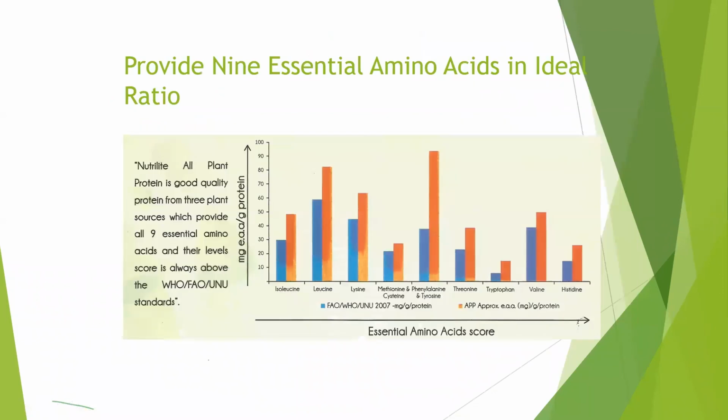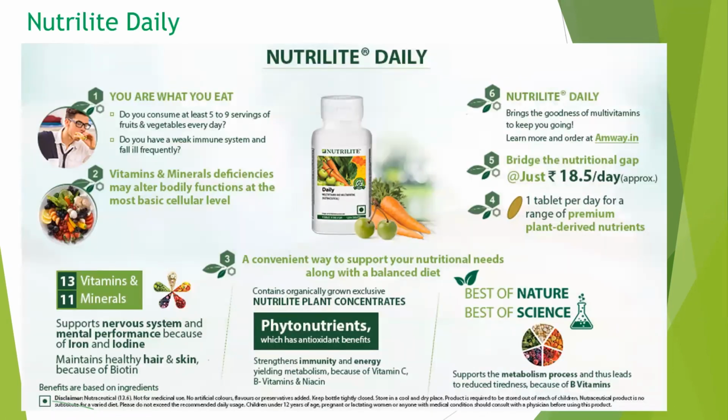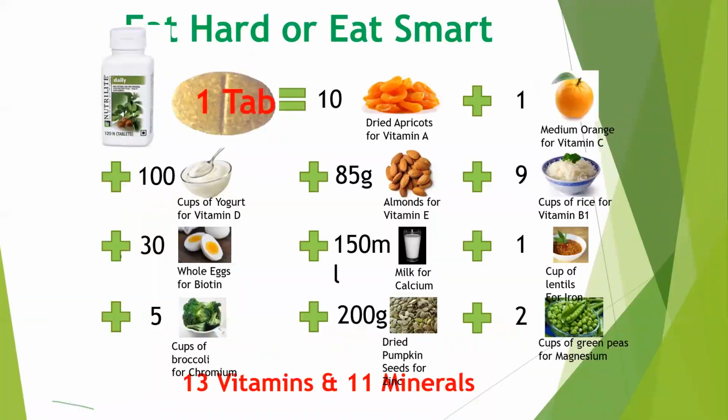That's very important. As you can see here, this is a chart which WHO says that if the protein amino acids, what should be the levels? A is to B is to C is to D. And what we see here is Nutrilite maintains those ratios at an optimum level. So this is a very big differentiating factor when it comes to the protein powder of Nutrilite or what probably is available in the market. So that is the level at which we work when it comes to supplements.